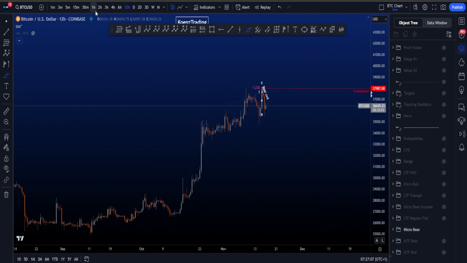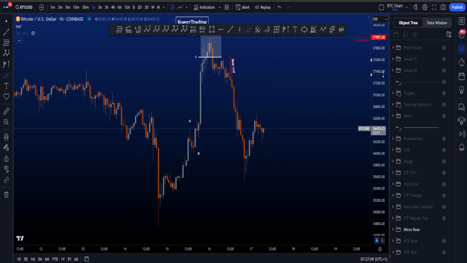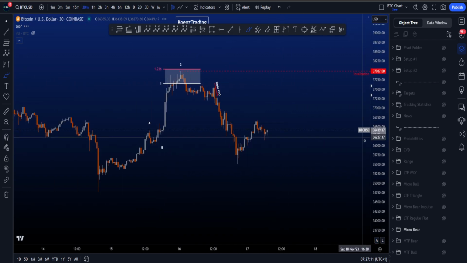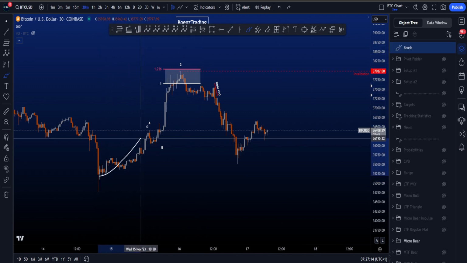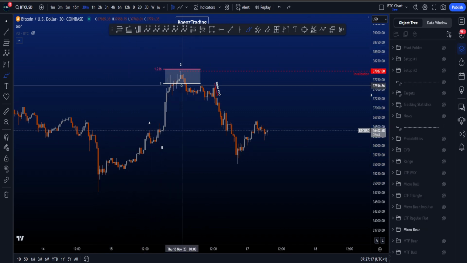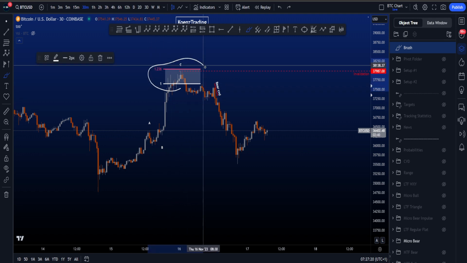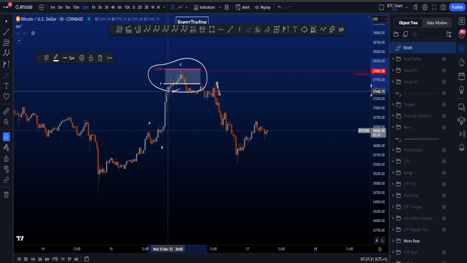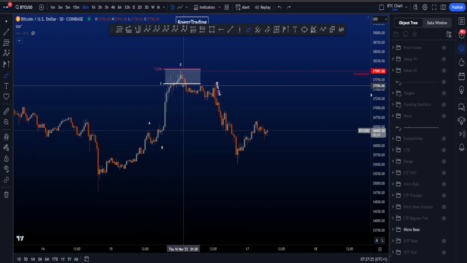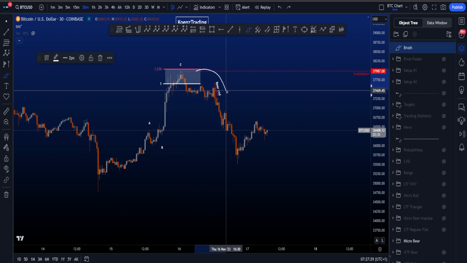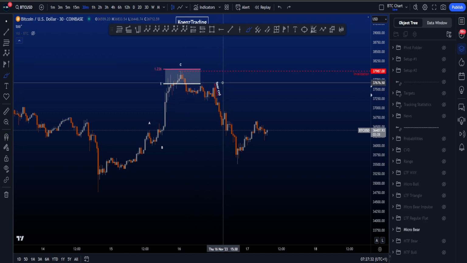If we then zoom into the lower time frame over here and we're looking at the 30-minute, then yesterday we were looking at this being a three-wave structure to the upside, right, and then a wave A, B and a wave C. Wave C ended in the common target for a wave C as well, between the 1 and the 1.236, taken from the low to the high of A to the low of B, which was very nice as well. And as mentioned, right, probabilities were higher for a move to the downside,